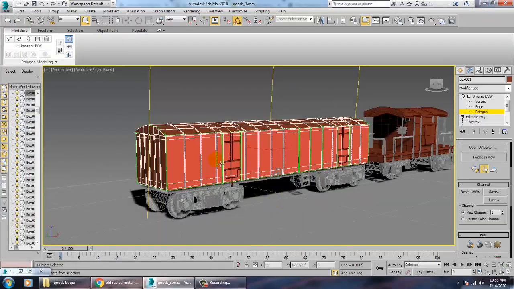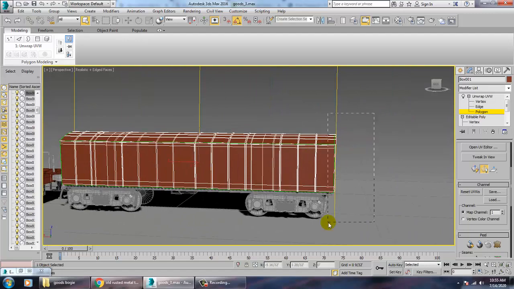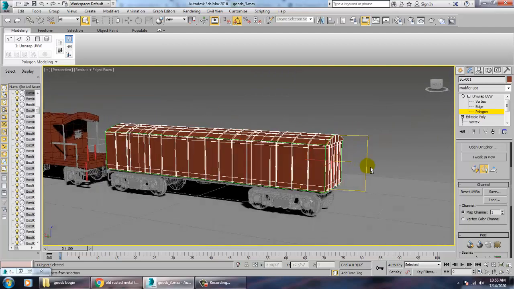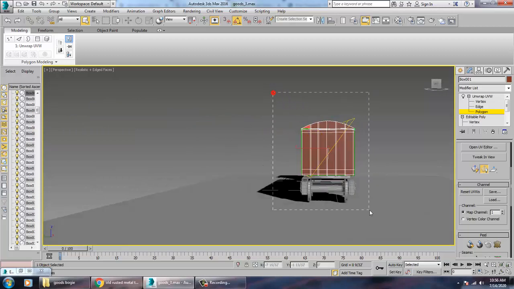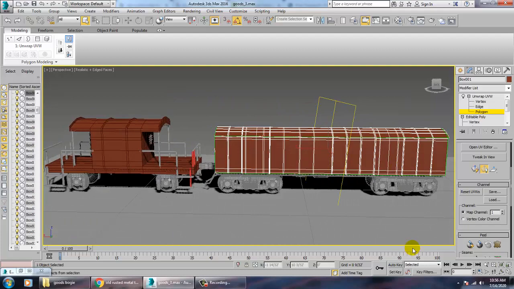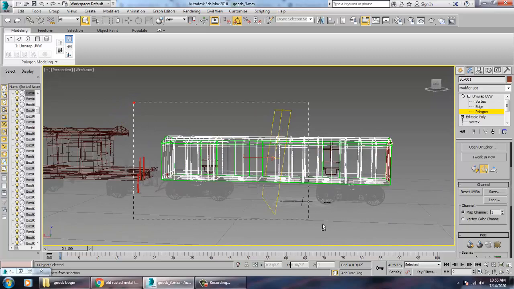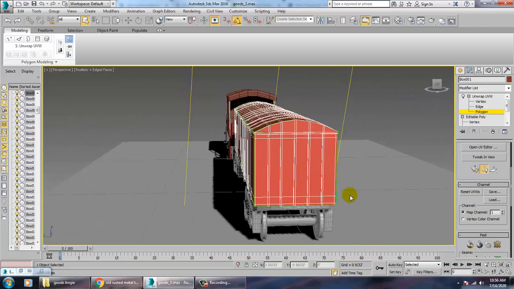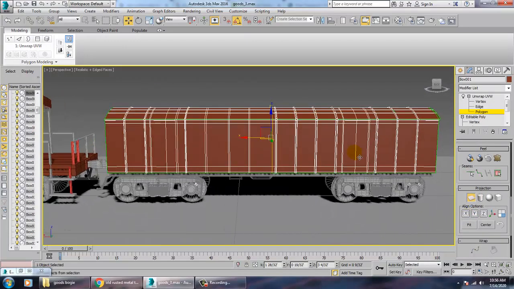Now same thing, we'll be selecting the front part, excluding this again. We'll be selecting this front part, just select the front part over here, go down to projection, and we'll keep it as an X projection.